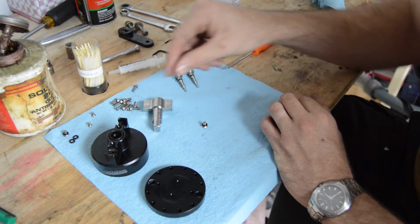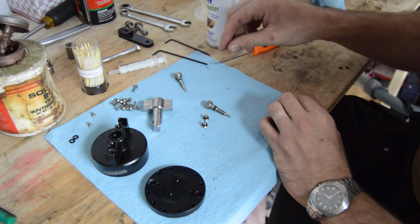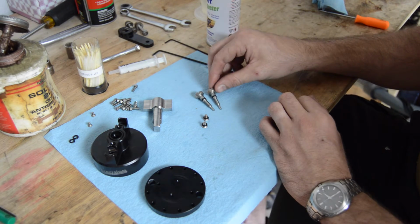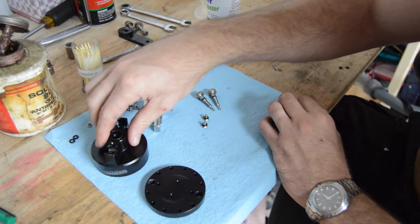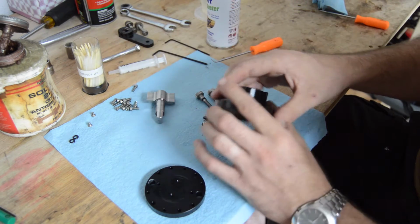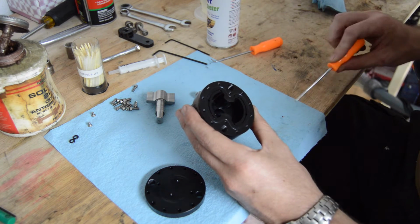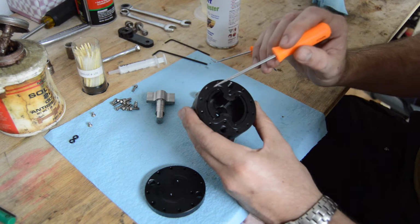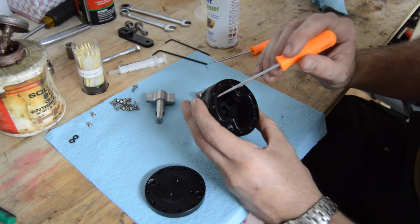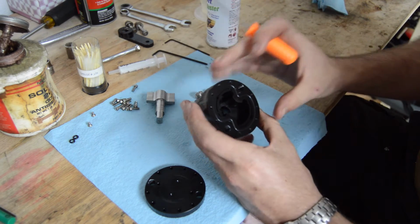So next question, where do you get these parts? These O-rings, believe it or not, are common sizes that I was able to find down at my local Napa Auto Parts, including the one inside of the top portion that serves as the O-ring to this guy. The one that was a little bit tricky to locate, and I had to go to a different store, was this bottom O-ring down here. It's a pretty thin diameter as far as the material thickness is concerned,